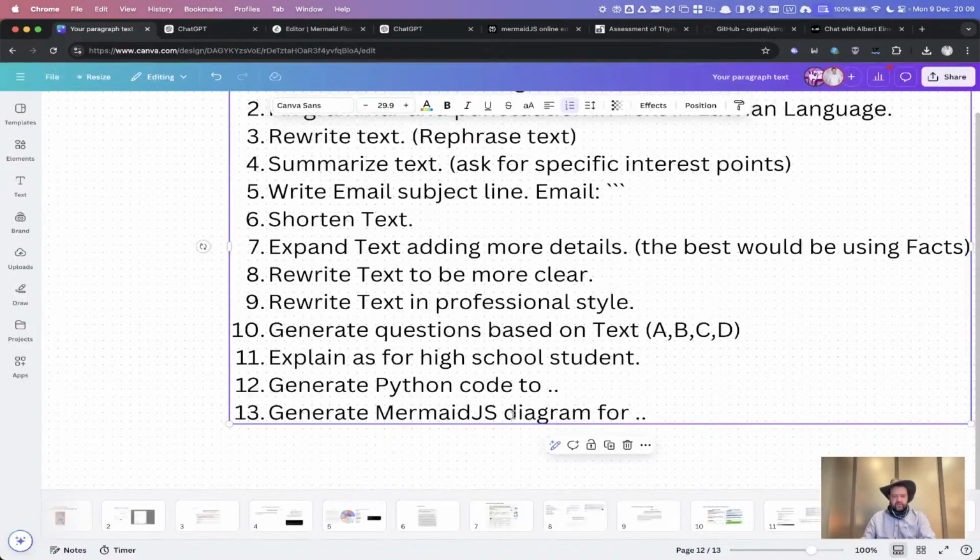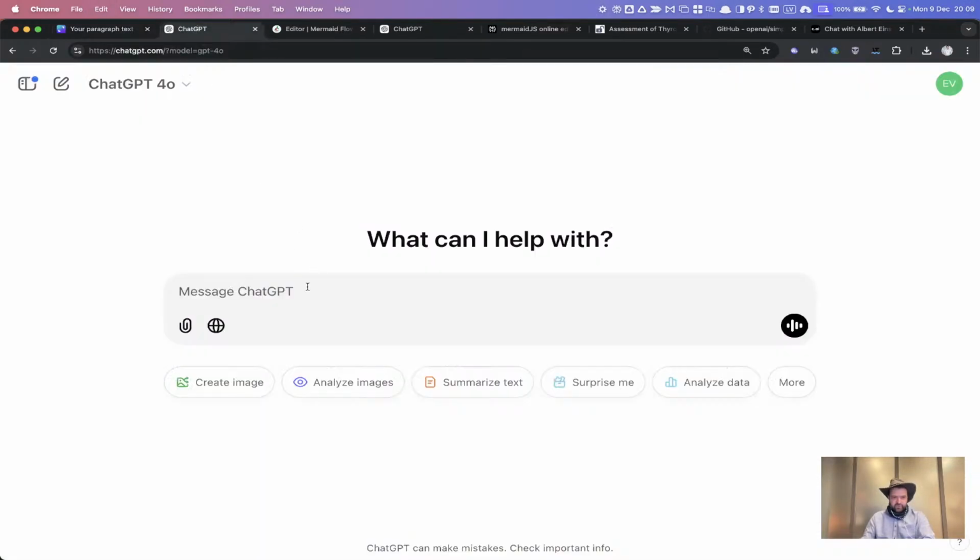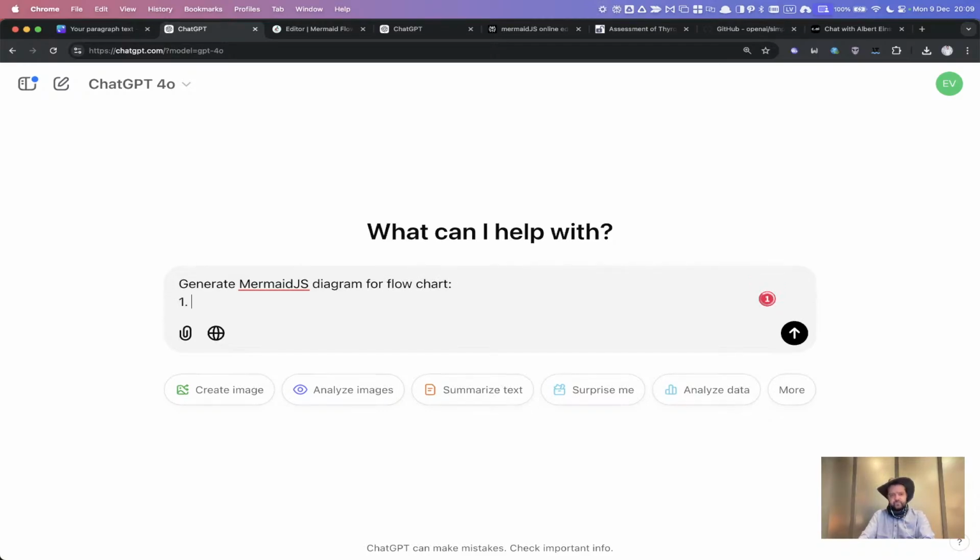Maybe some of you who are not programmers don't know this: you can generate diagrams with ChatGPT. So, generate Mermaid code for, let's see, a situation, let's say a flow chart. We can just define it like that. So the buyer buys items from a web store,